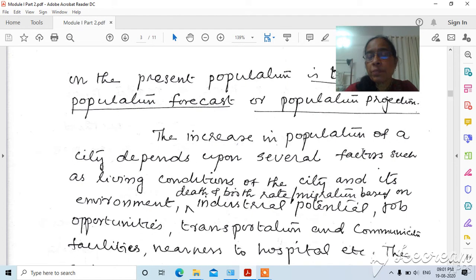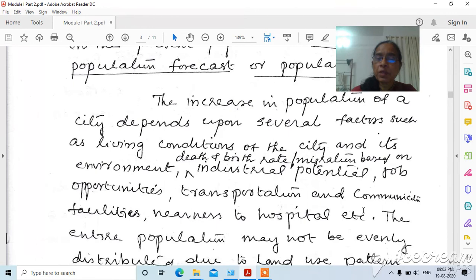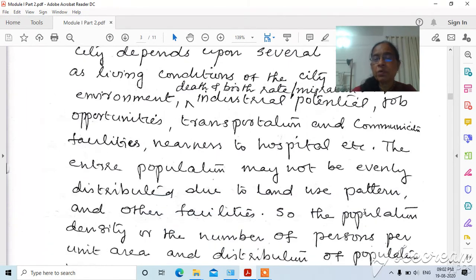In the case of water supply, we used to project the population for 50 years, or at least a minimum of 30 years. Population forecasting or projection is based on statistical analysis, it is a statistical method. There are different methods, and which method we adopt depends upon the city, whether it is already developed or whether it is developing.